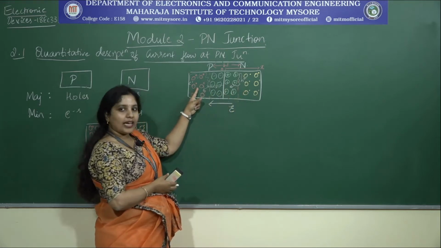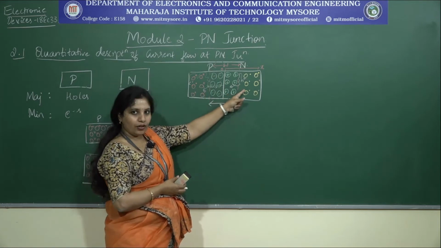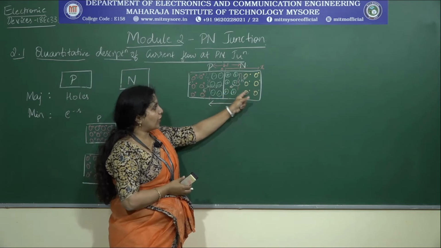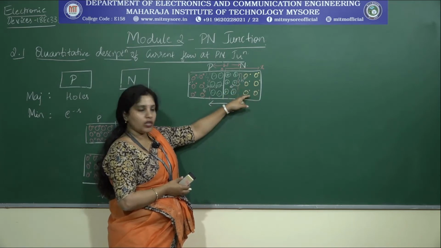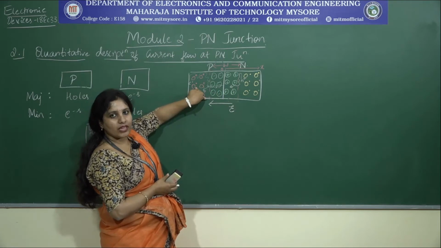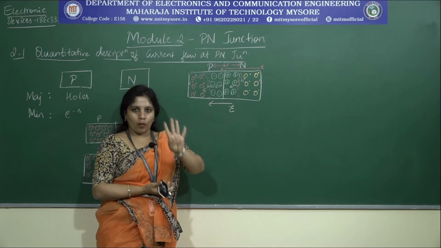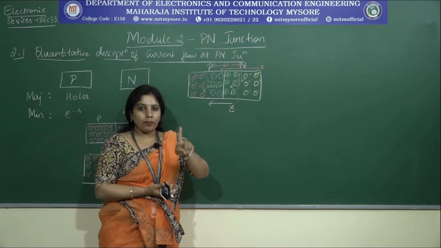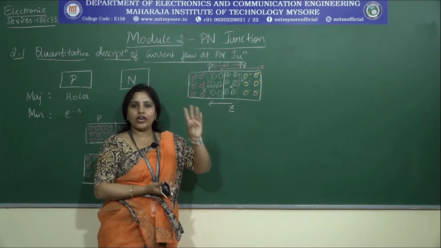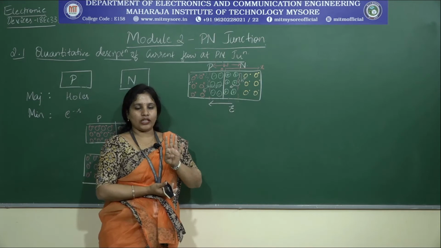Similarly, the majority carriers which are holes here, which try to diffuse into the n region, are equivalent in number to the minority carriers, the holes which get drifted towards the P region. Getting my point? Therefore, how many components do we have? There are totally 4 components. One is the electron being drifted, the electron being diffused, the hole being drifted and the hole being diffused. So totally 4 components we have to consider.